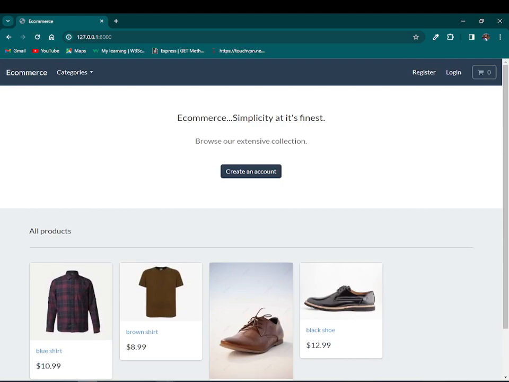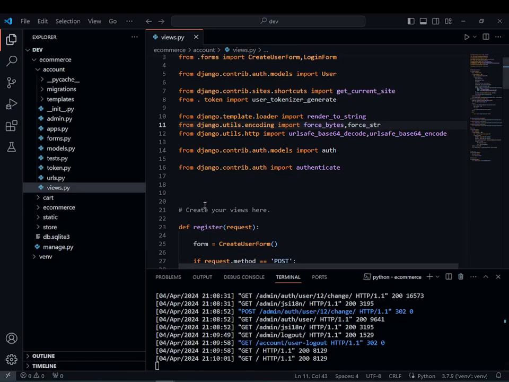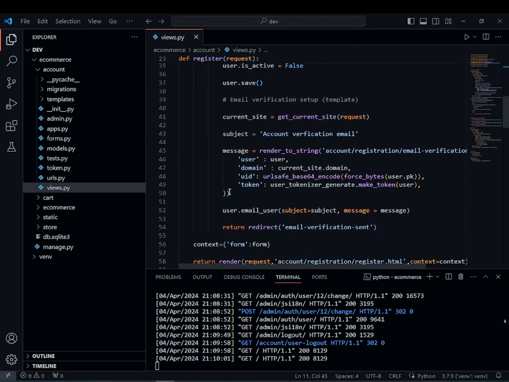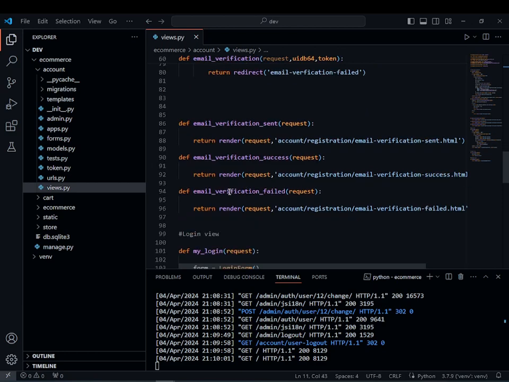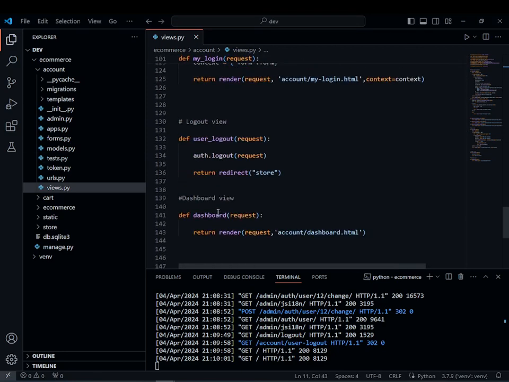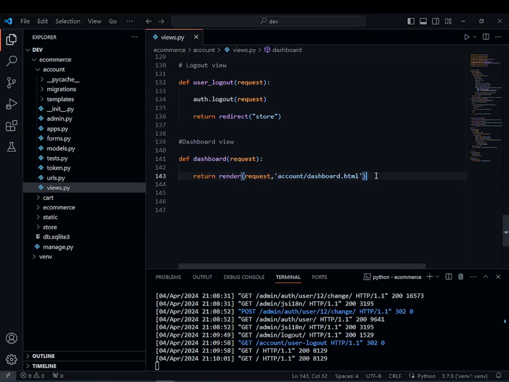and refresh it. So open your project, and here first open your views in your account app, and in that views file we are going to create our views for our profile management, and in that profile management we are also going to create a view to delete the account of our user. So first, profile_management, and it will take the request,